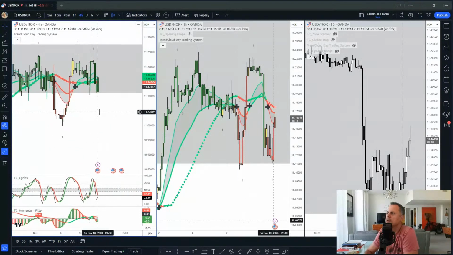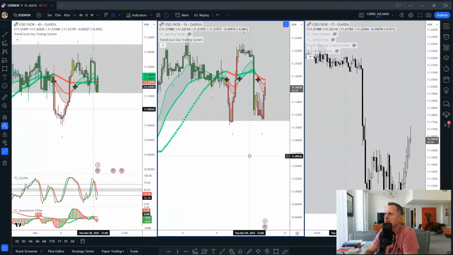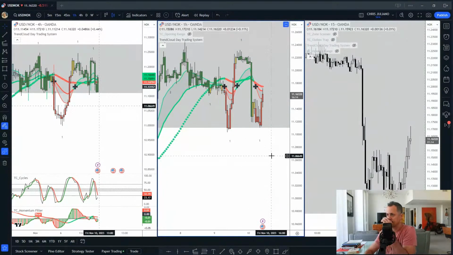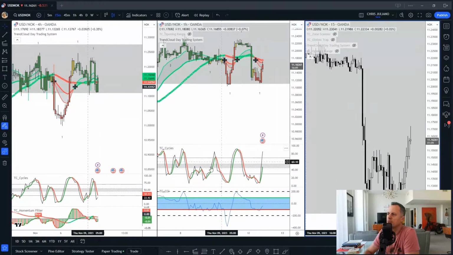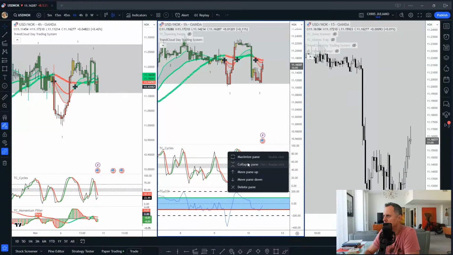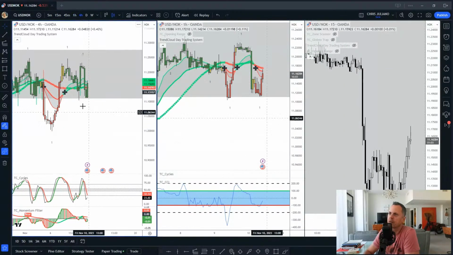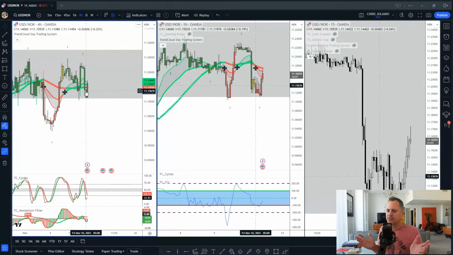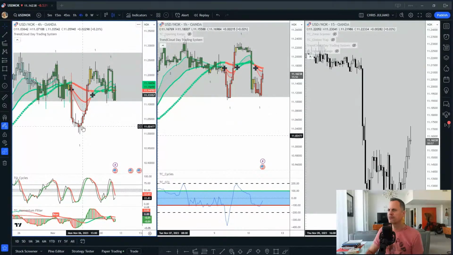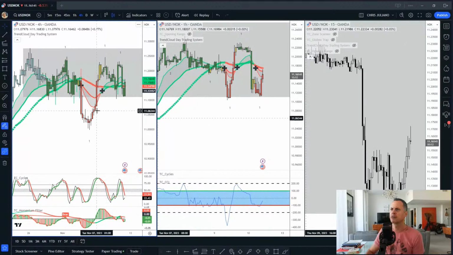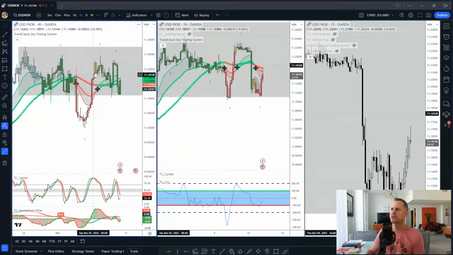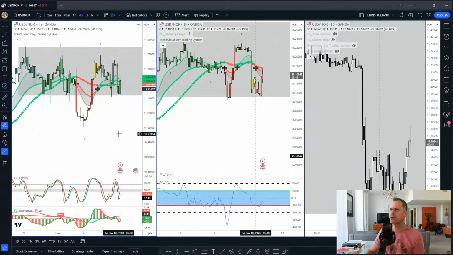What do we do? Well, if we're trying to figure this thing out, okay, we've got, let's collapse that. Anything could happen, right? Because it's sideways, right? So we've got sideways, false breakout to the downside. Okay, well, pulled back and just didn't do anything, right? So